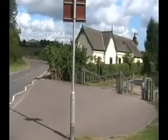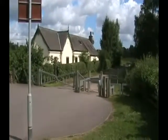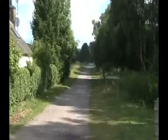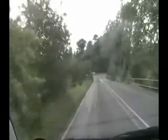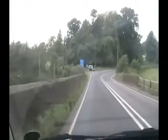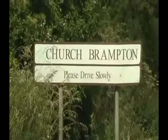This is where the Northampton to Leicester railway line used to run, and the old Brampton station has been converted into a home. The Brampton Valley Way follows the old line, and you can cycle all the way to Market Harborough. We cross over one of the branches of the River Nen and head onwards to Church Brampton, another village that